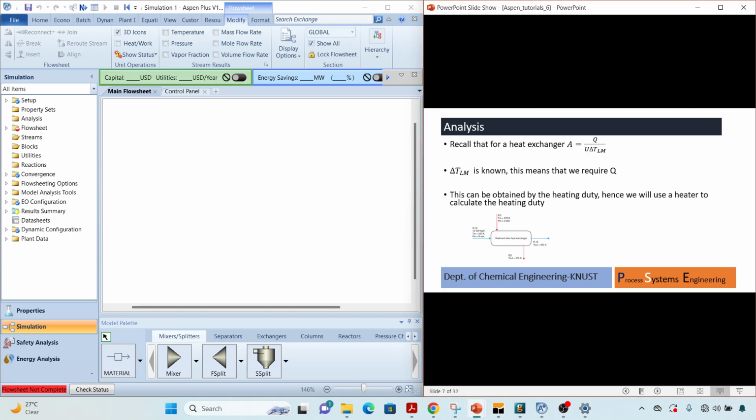So the first thing we look at is the design equation for a heat exchanger, right? And you see that in order to size a heat exchanger, that's to determine the area, it's related to these parameters: the heat duty, the heat transfer coefficient, and the logarithmic temperature difference, right? So since we have the temperature difference, we need the heat duty, or the amount of heat the ethylene glycol stream needs to supply in order to raise the temperature of the freon to the desired point. Right? So what we are first going to do is use a heater to determine that